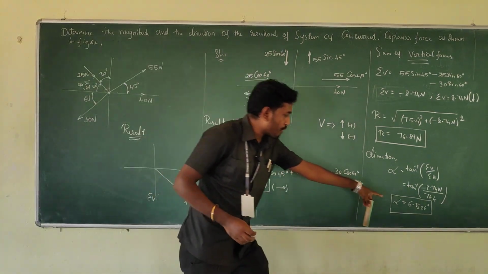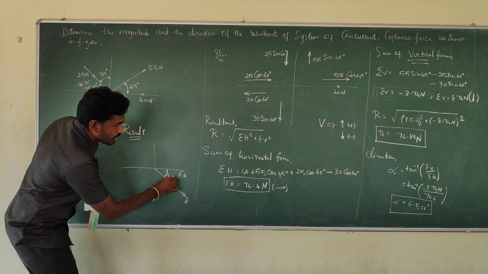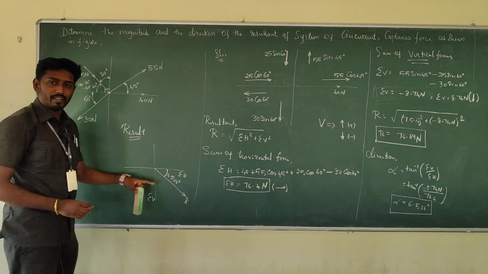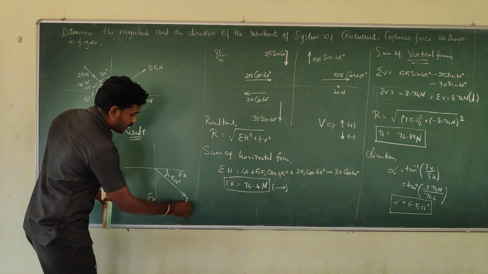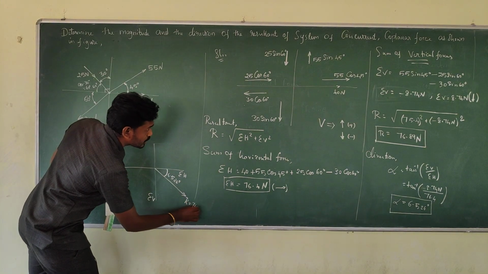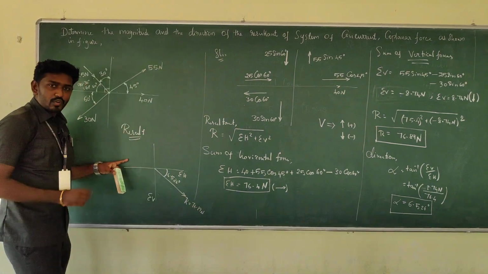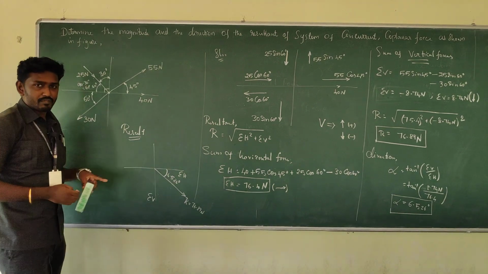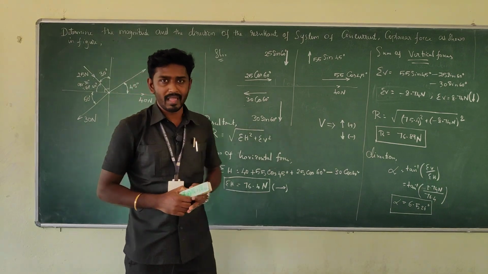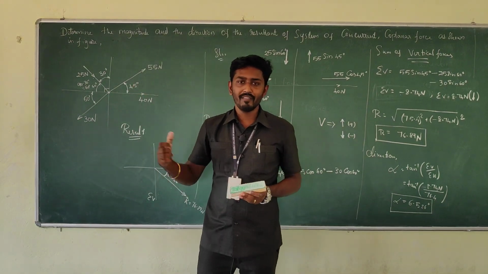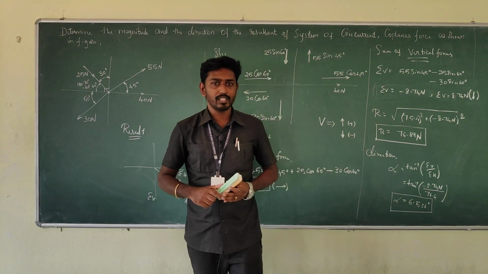And the inclination we have found is 6.526 degree with respect to x axis, you have to note it down. Resultant value also, if you need, you can show here, which is 76.89 Newton. So this is how we find the resultant force when following the method called resolution of force method. I hope you understood how to work when you have a system of forces and how to identify the resultant force and its direction. Thank you so much.